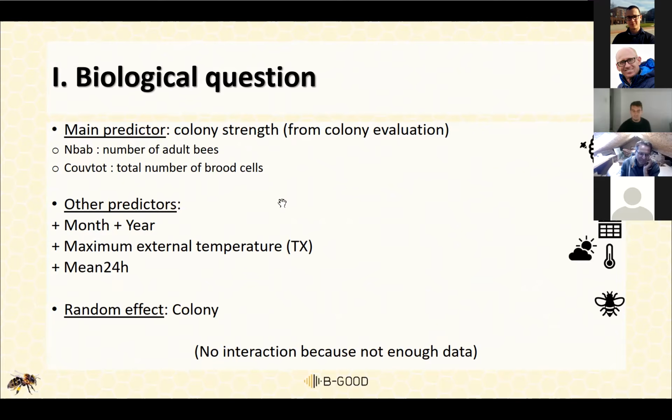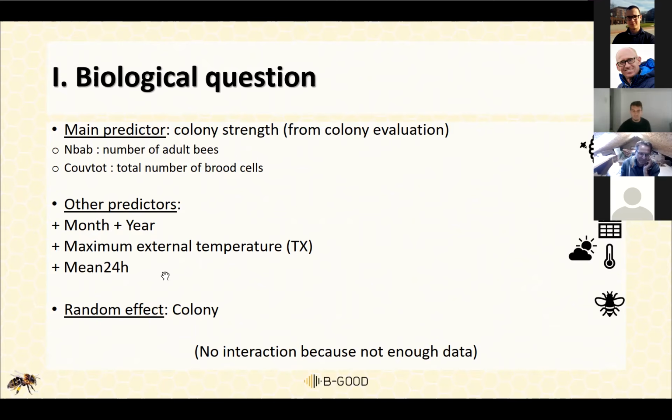So some calendar predictors with the month and year. We also added a weather predictor. We tested several weather predictors, but we retained only the maximal external temperature that seemed to have the most influence on the regulation of the in-hive temperature.